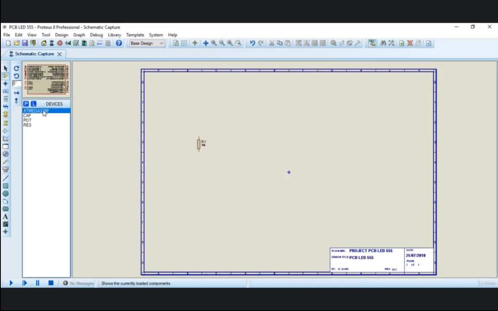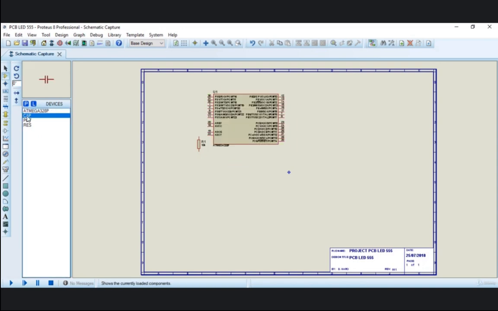Now we can add the components to the window by dragging it out. The capacitor as well. The pot. The resistor is already here.